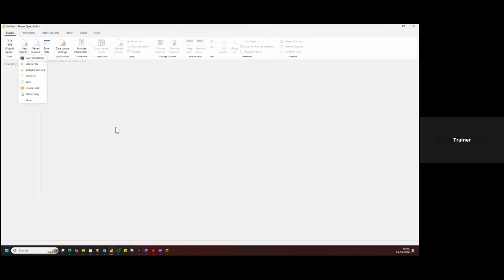It's up to you. In our entire sessions, sometimes I'll be taking from here, sometimes from there. And you'll see the difference between extracting the data from Power BI Desktop and extracting it from the Power Query Editor. Okay, first we'll go with the Power Query Editor itself. So let's